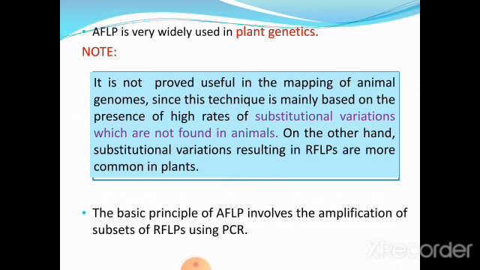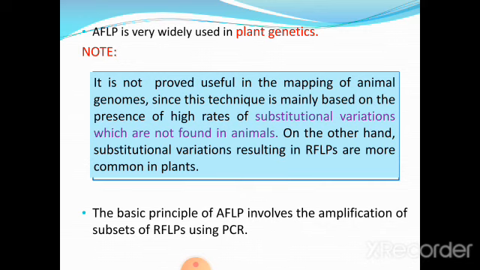But such substitutional variations resulting in RFLPs are more pronounced in plants. Thus, AFLP finds applicative value more in plant genetics rather than in animal genetics because substitutional variations are normally not found in animals. This is a point to be